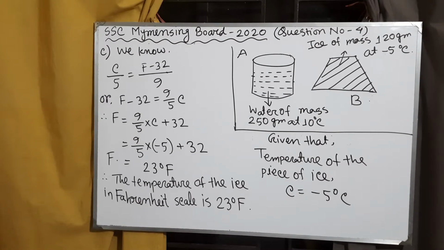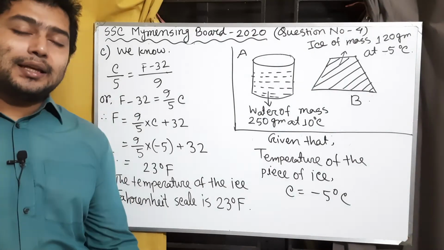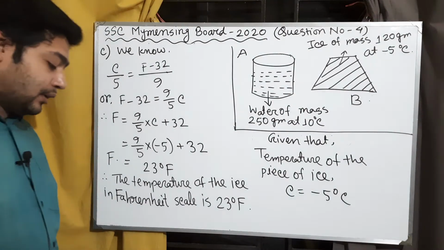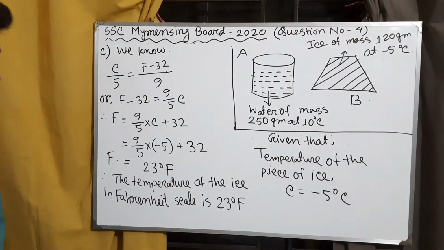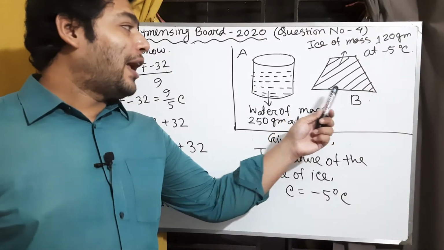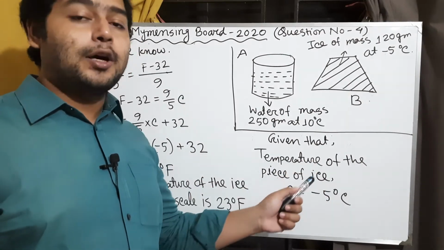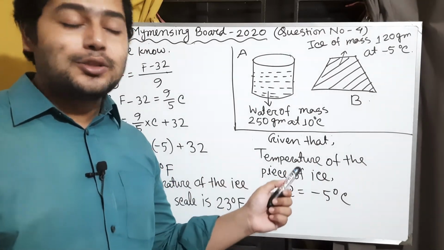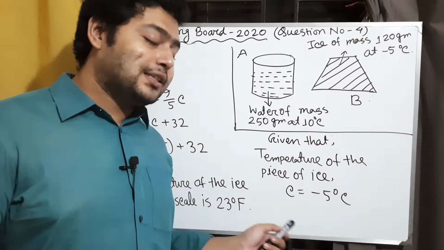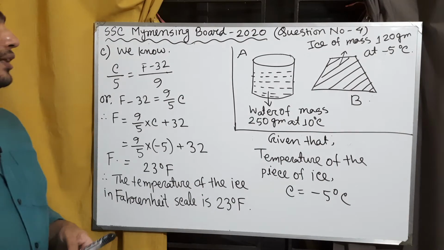My dear boys, now we will try to solve question number C, and the question is, find out the temperature of the piece of ice in Fahrenheit scale. Okay, so my dear boys, according to the stem, we have been given that the temperature of the piece of ice is C equal to minus 5 degrees Celsius. Now we need to convert this value to Fahrenheit scale. So we know that the relation between